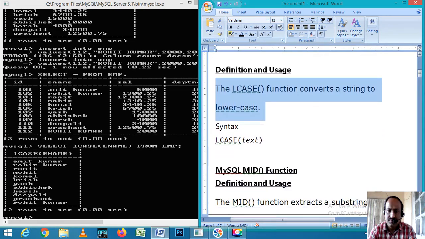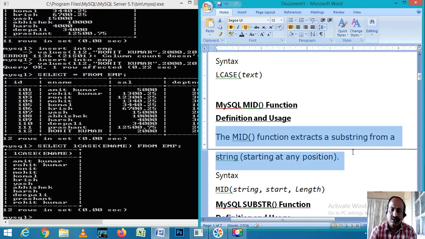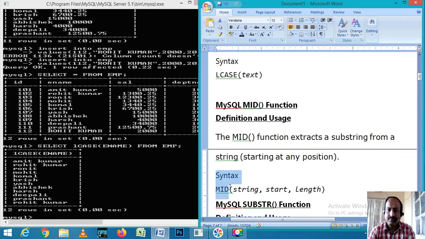The next function is mid. The mid function is basically used to extract a value from a string from a position. The syntax for mid is mid, your string or field name, your starting point and the length of the string.